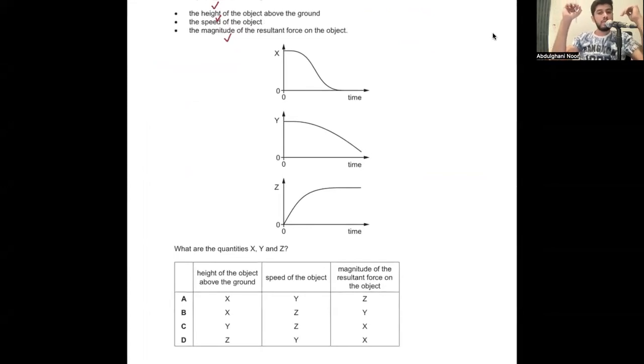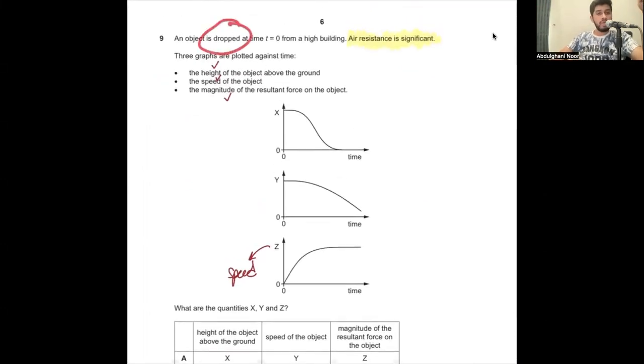एक चीज तो मैं बहुत आराम से eliminate कर सकता हूँ, and that is के for an object that is dropped from some certain height, the initial velocity will always be 0, the initial speed will always be 0. So z has to be speed. Z has to be speed, and by that logic, it has to be option B or C. ऐसा हो ही नहीं सकता कि आप एक ऑब्जेक्ट को ड्रॉप करो. You're not throwing it, you're dropping it. आप एक ऑब्जेक्ट को ड्रॉप करो और उसकी इनिशियल वेलोसिटी ज्यादा हो, तो ये वेलोसिटी का ग्राफ या ये स्पीड का ग्राफ नहीं हो सकता. Z ही होना है स्पीड का ग्राफ.